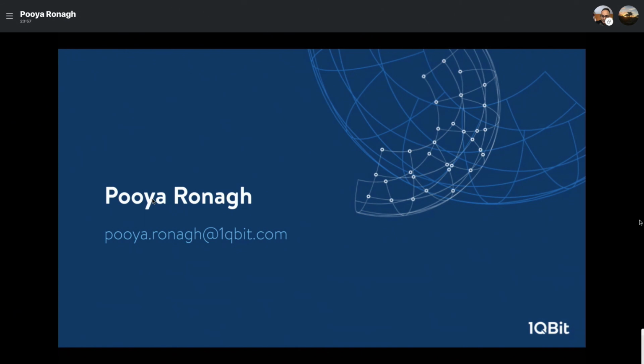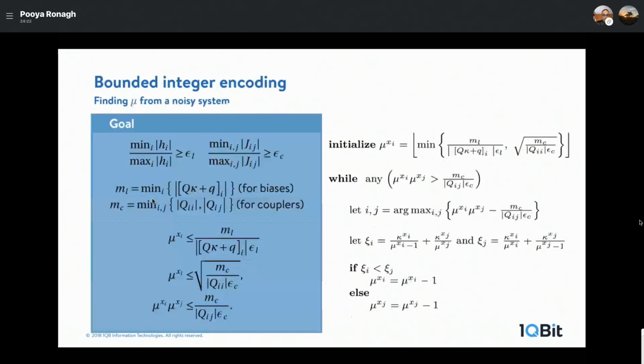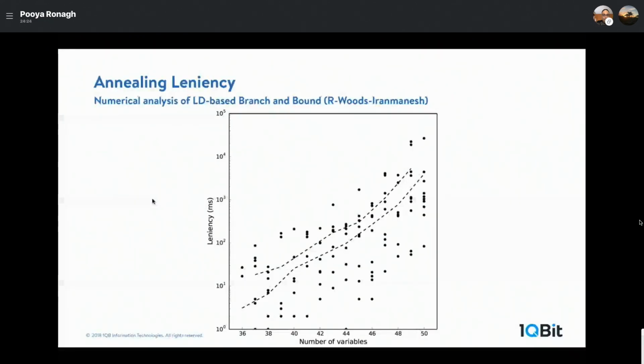Hi, Pooya. This is Andrew King. Nice to see you. I was wondering if this Lagrangian dual preserves the embedding structure of the problem, because I know that maximum independent set has a very nice embedding, so there's not a lot of overhead. Does that stay the same when you do the dual? Awesome. Yeah, that's a very good question. So if the original problem we want to solve, and just quickly, if you're still seeing the slides,